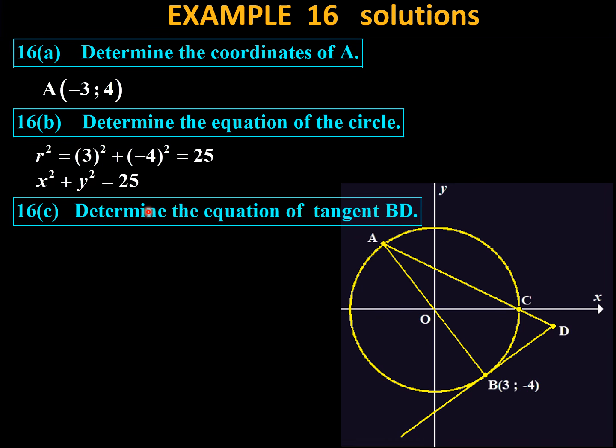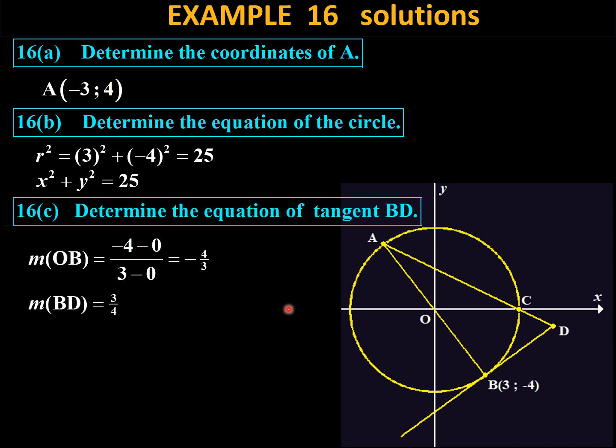Now, determine the equation of the tangent. So what do we need? We need a radius, and we have a radius OB. I can find that gradient. And I can use that to find the gradient of the tangent, and then I'll just have to substitute. So let's do that. Gradient of OB is